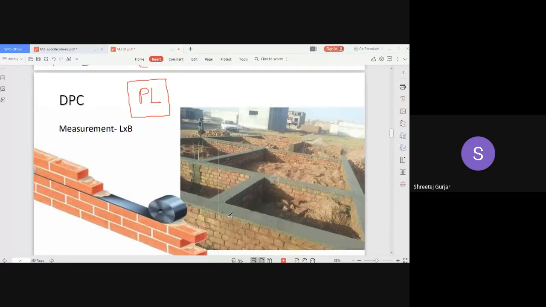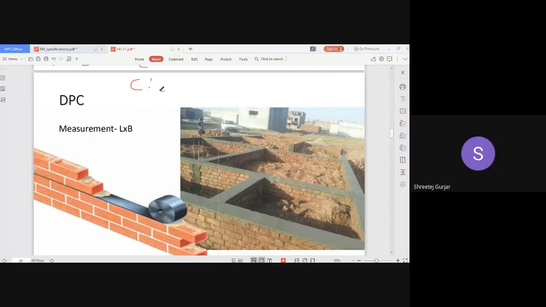Okay, so what about the proportion? What materials do you use for preparation of this damp-proof course? Water repellent chemicals like stearic acid are used. Yes, correct.